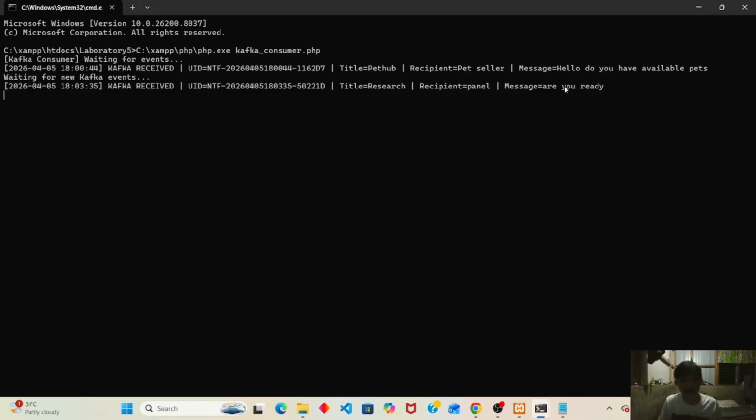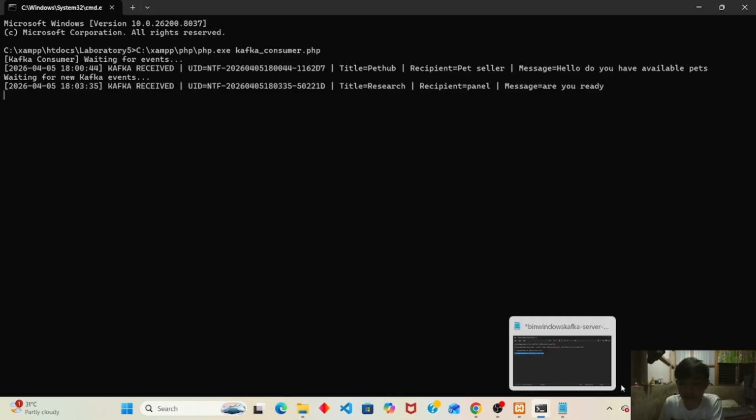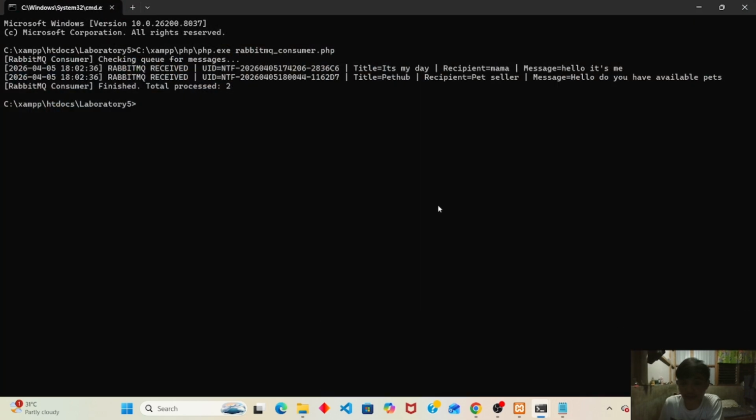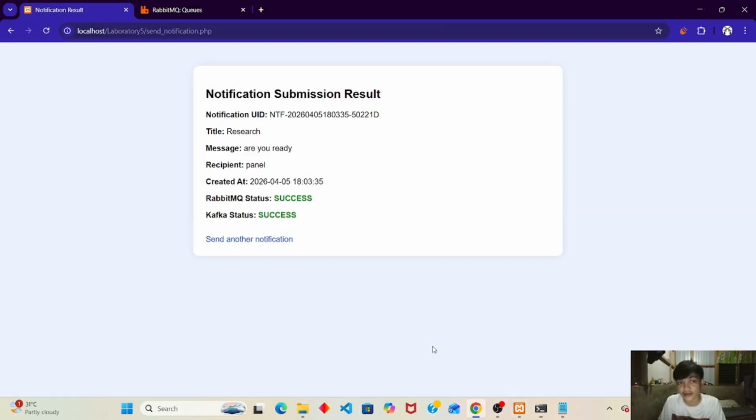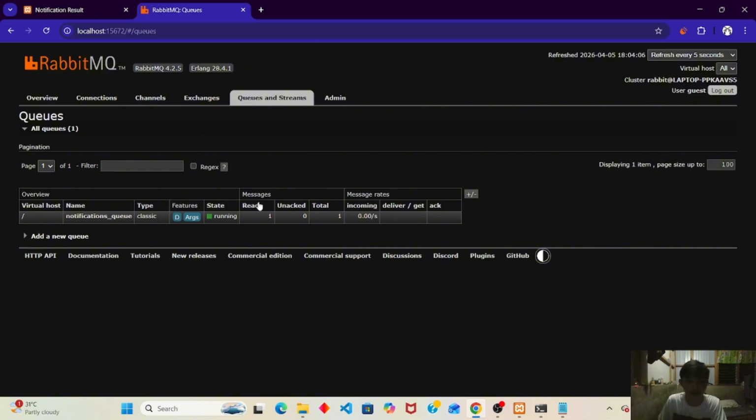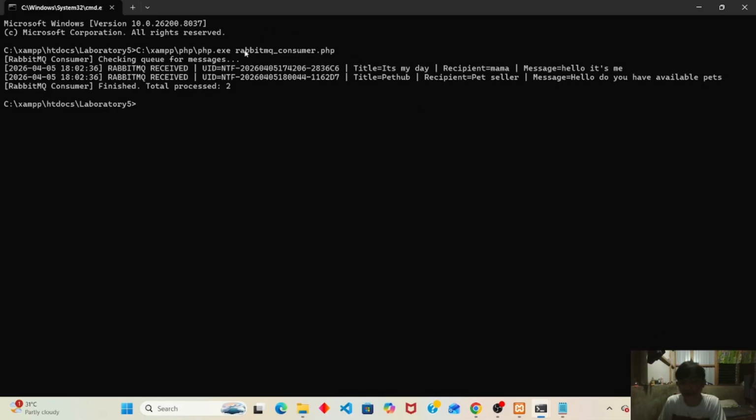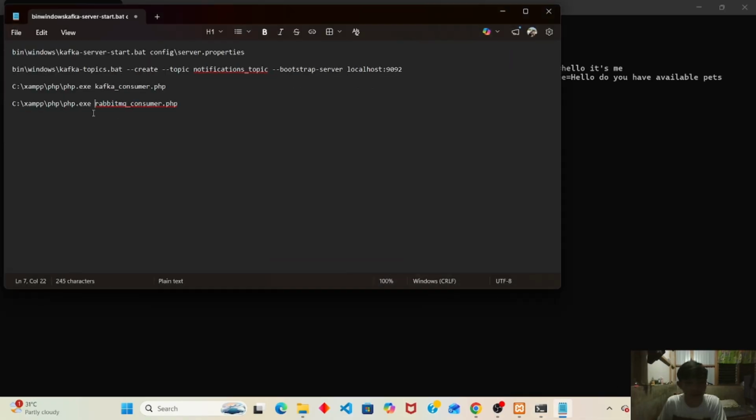So this is what we said. Research, recent panel. But here in the RabbitMQ, it's not sent here. See? Why? Because it's here in the RabbitMQ broker. See? Look, we have here 1 and 1. We can only send it in the CMD if we paste the code, the rabbit consumer.php.